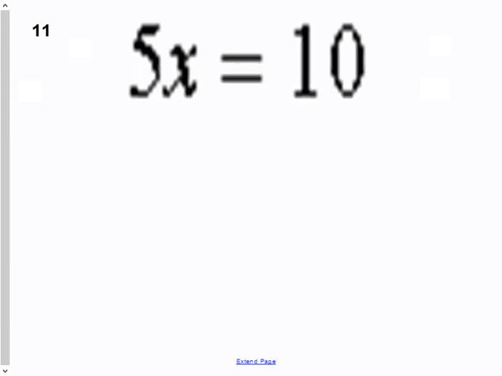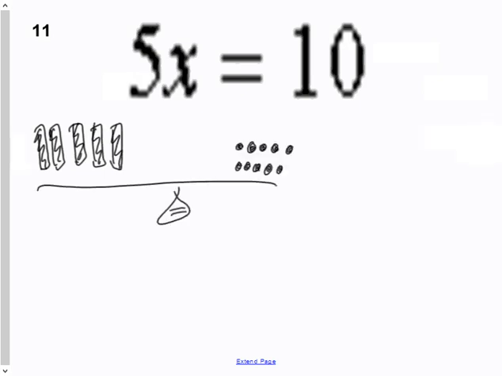And your second last question says 5x equals 10. Now remember, when you do this, this means 5 multiplied by x equals 10. Go ahead and try that out. Okay, let's try drawing it first. See how well you do if you drew it. So there's 1, 2, 3, 4, 5 x's is equal to 10. So if I was to draw it, 5x is equal to positive 10.